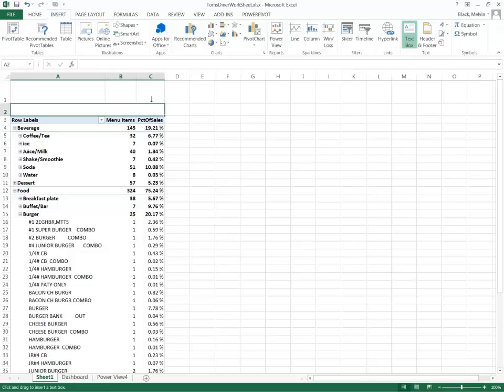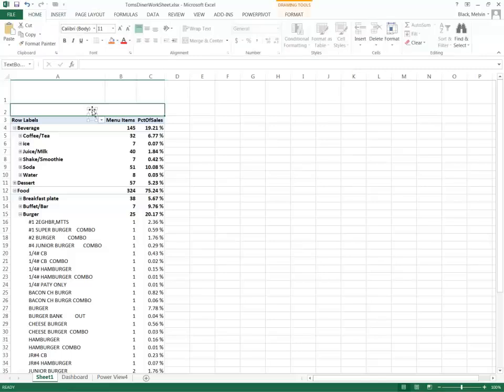a text box, or actually I can just ignore the text box and I could add in the name. So I'll just call this menu summary. Spell it right, and I'm going to increase the size,